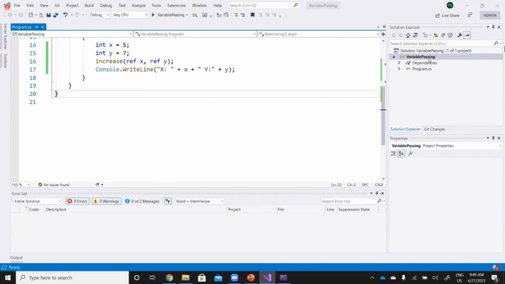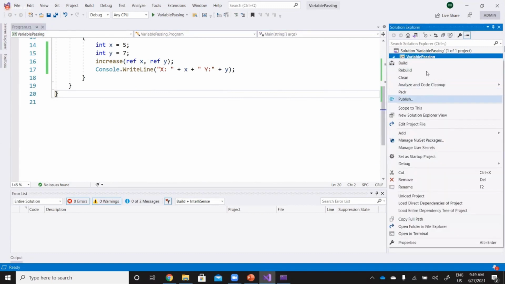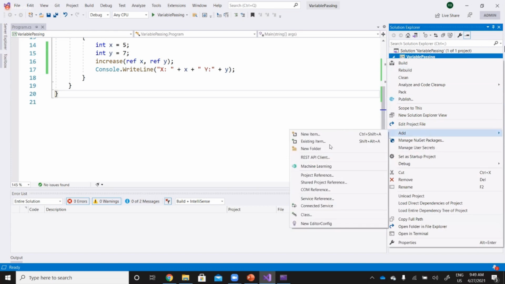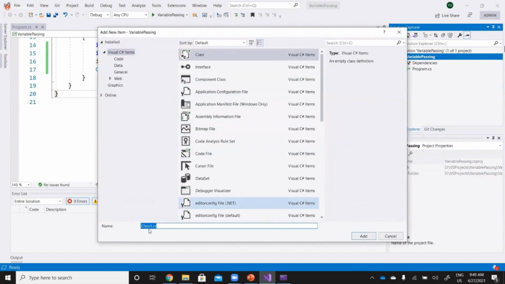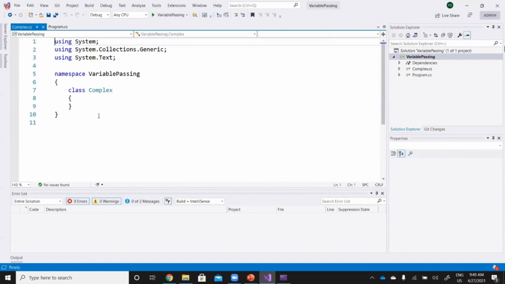I'll add a new class, right? The name of the class is complex, okay. It's a class, right? So here we have a class called complex.